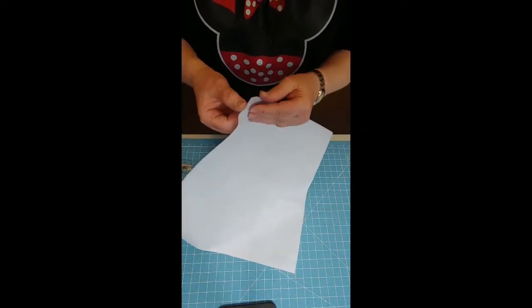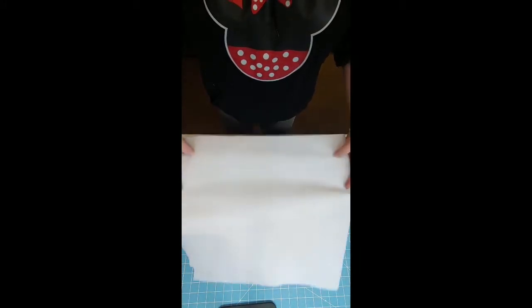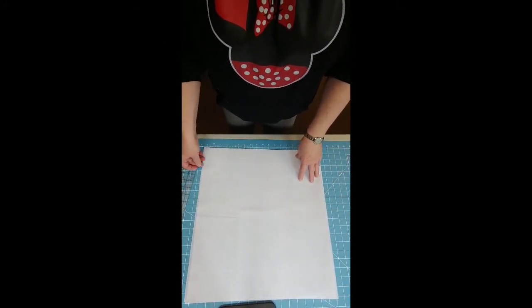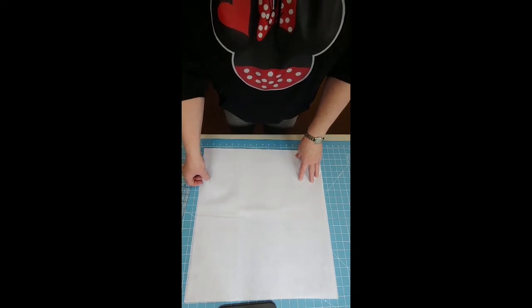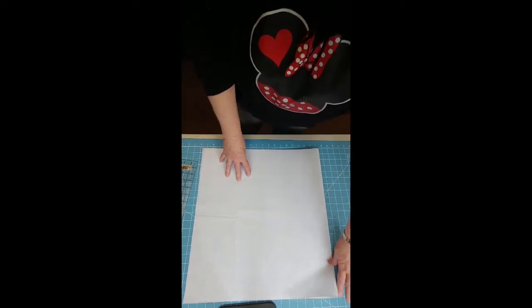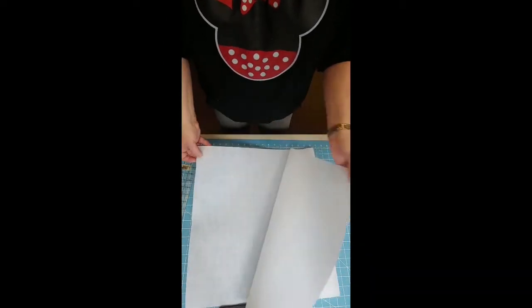interfacing. The reason we use interfacing is interfacing gives a moisture barrier. It's a non-woven, fusible, so that means you can iron it on. It's a non-woven, so it's not porous, and bacteria and virus need moisture to go through it, just like anything else with droplet. So the first thing we're going to do is we're going to take 1 yard and fold